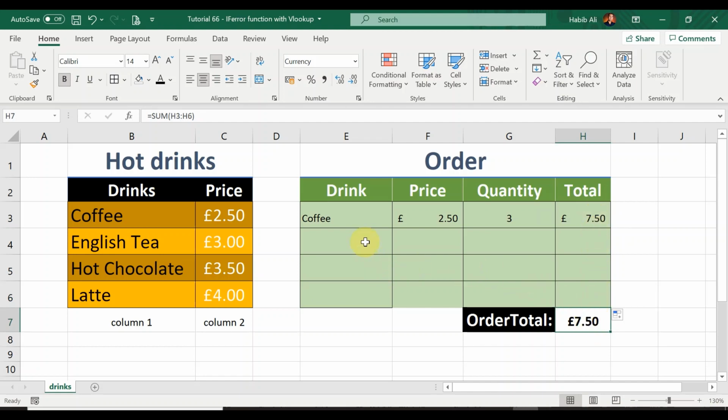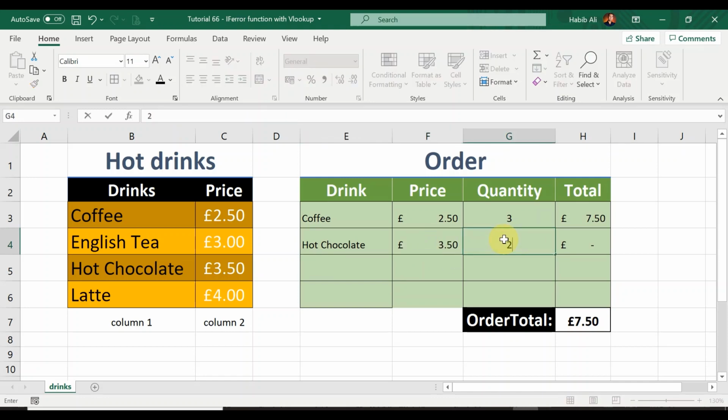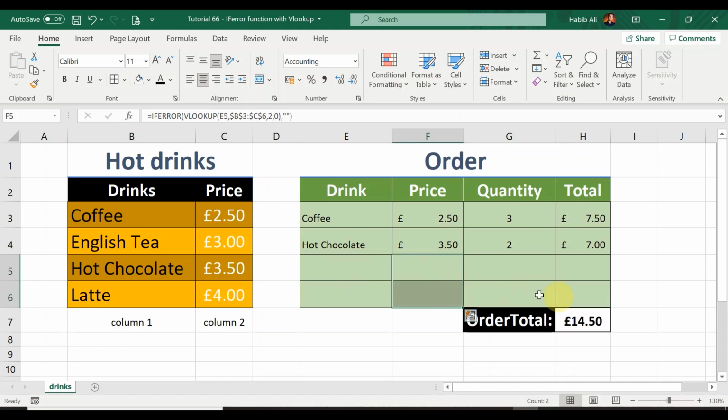So now the customer assistant can, if any more drinks were placed, so let's say this customer places another order for a hot chocolate this time, the price will be calculated automatically because we have a VLOOKUP here, and let's say there's 2 of the hot chocolate, and this will be calculated automatically, £7, and as a result the order total will be calculated automatically as well, and we no longer have any error messages in these 2 cells or in these 2 cells, because we have told Excel that if we see an error, for it to be displayed